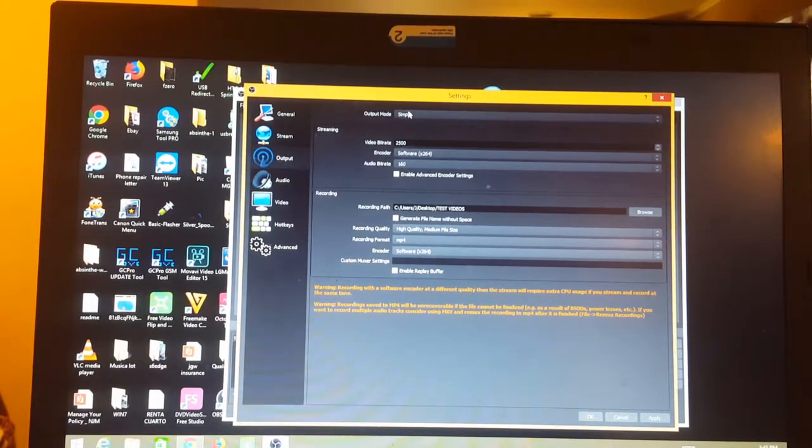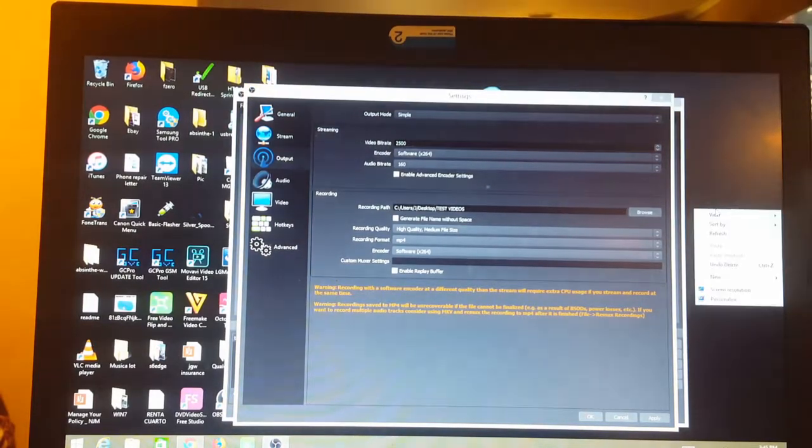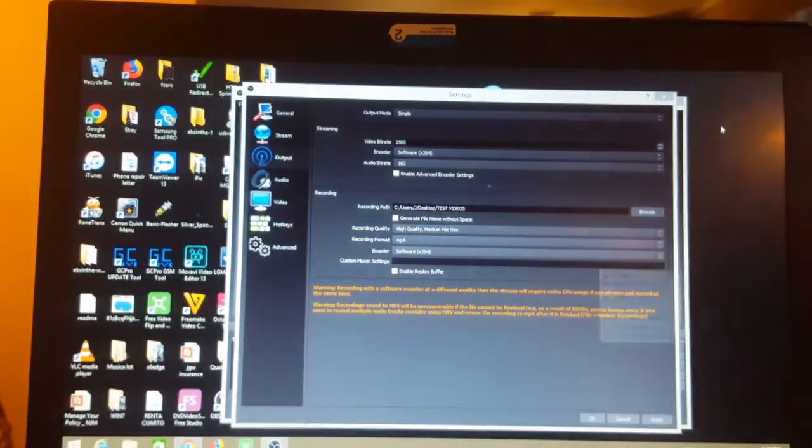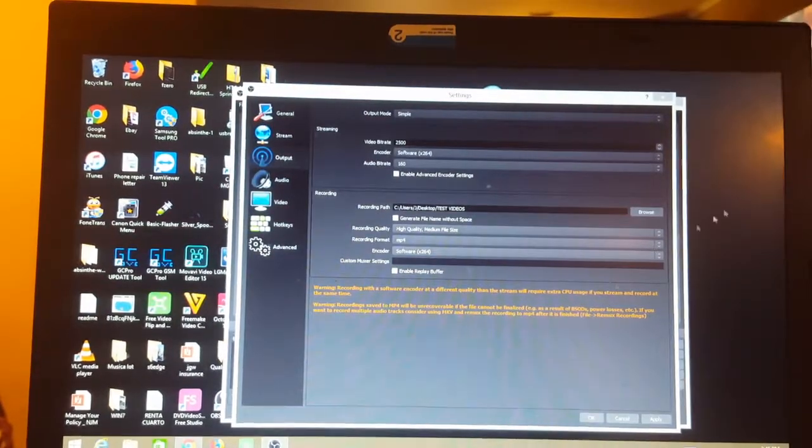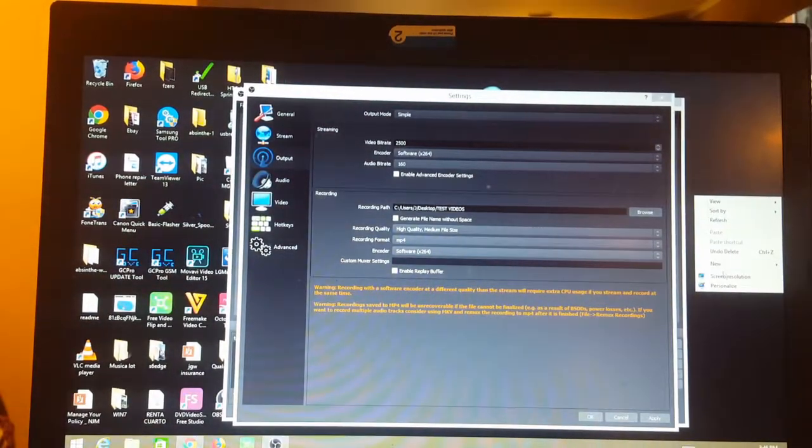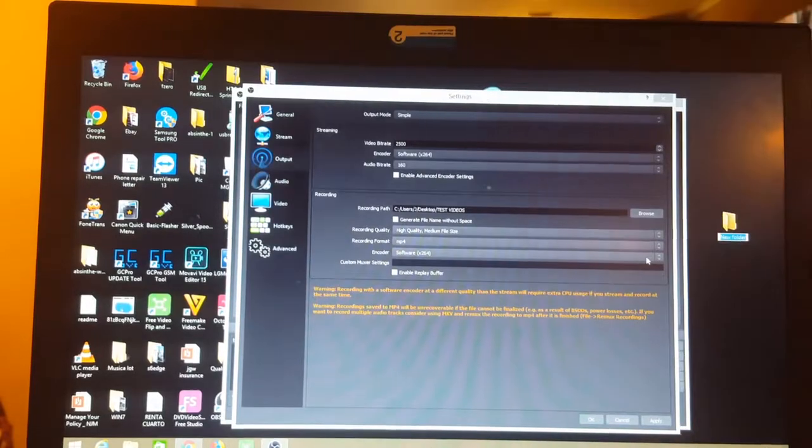Okay, so after you do that, under recording, we're gonna make a couple changes. Now, the recording path is gonna be defaulted to their own folder. I always suggest you create your own folder. So I am going to create a new folder on my desktop. If you notice, this is my desktop. I'm gonna right click here on my desktop and click on new folder, and I'm gonna call it